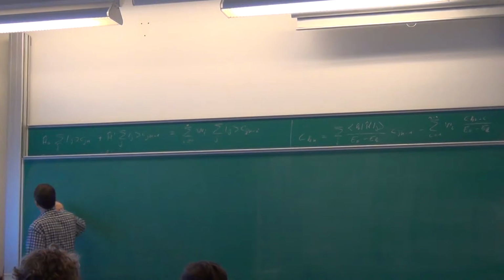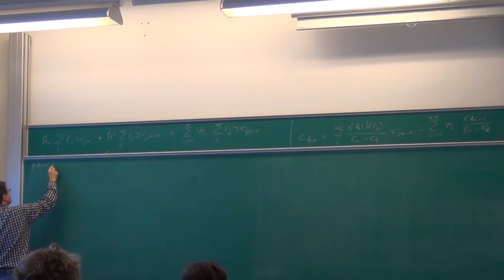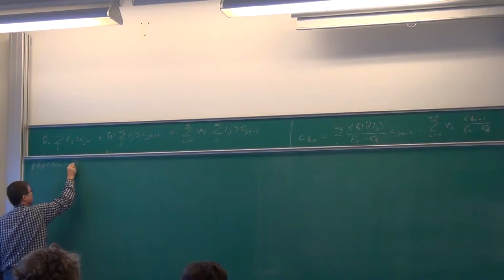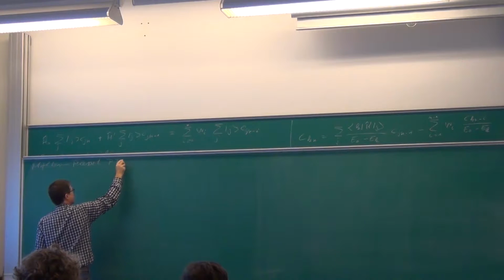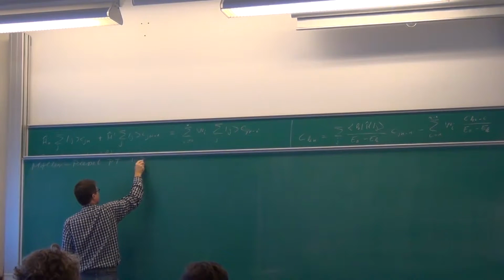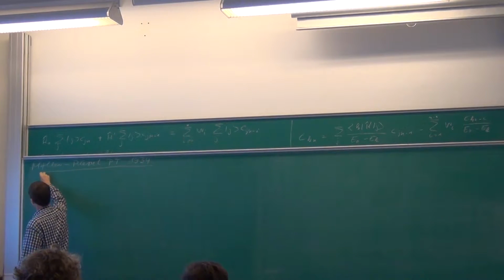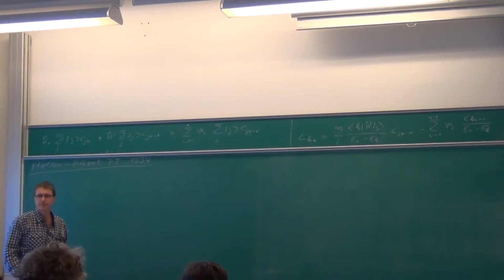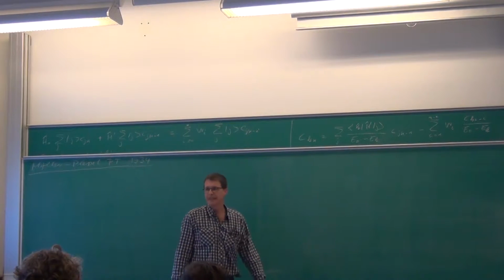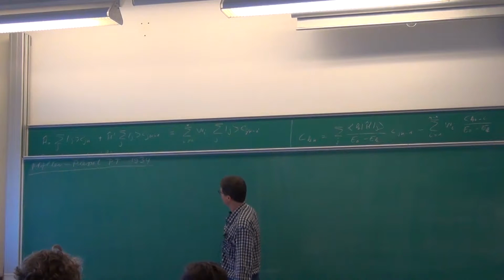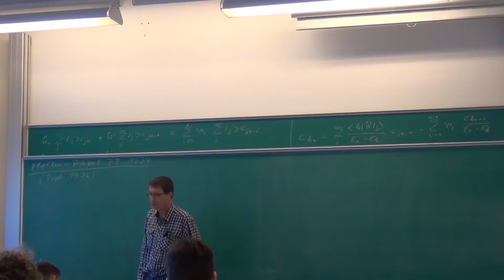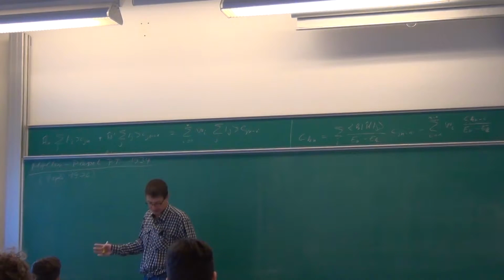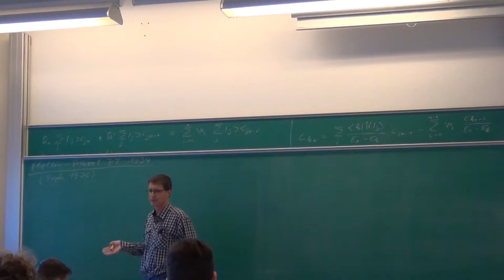Møller-Plesset perturbation theory, which is, if I remember it correctly, actually from 1934. Meaning very, very old. It's only 8 years after the Schrödinger equation. It's an application of Rayleigh-Schrödinger perturbation theory to the electron correlation problem. And the first question you always have to ask yourself when you do perturbation theory is,